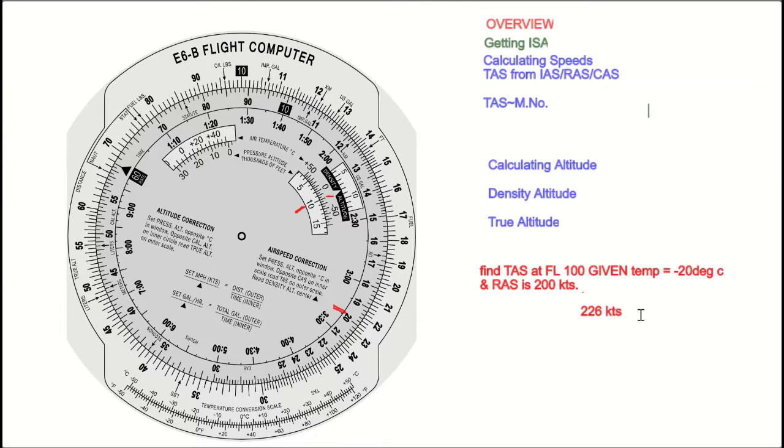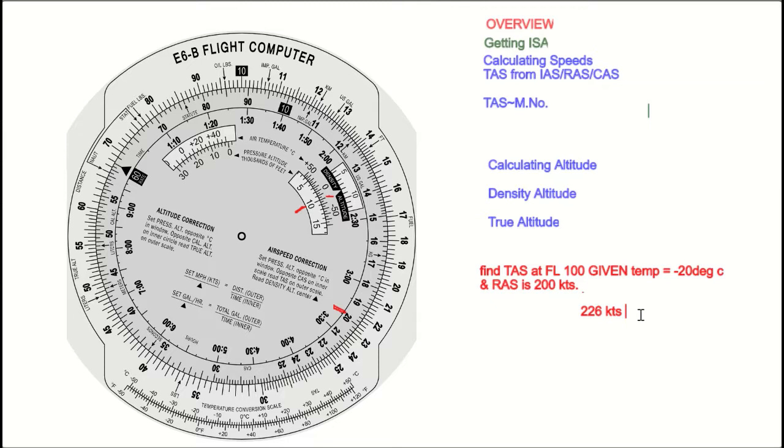Roughly, if at flight level 100 you're at minus 20 degrees Celsius and your IAS or rectified airspeed or CAS is given as 200 knots, your TAS is 226 knots. This is how to find out TAS when IAS, RAS or CAS is given and the temperature at that given